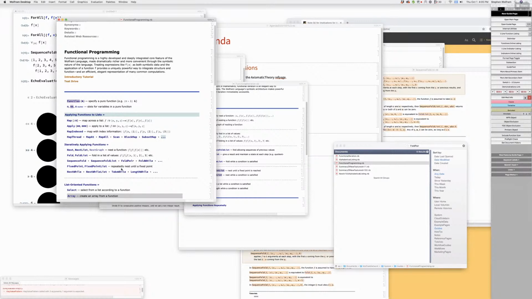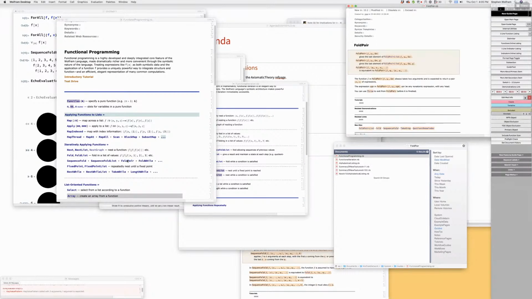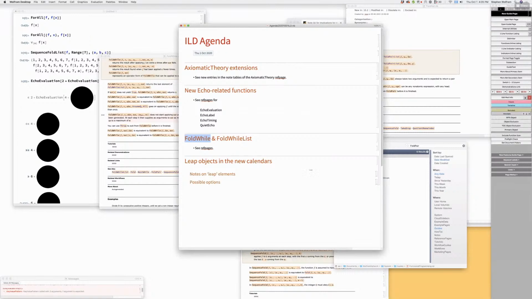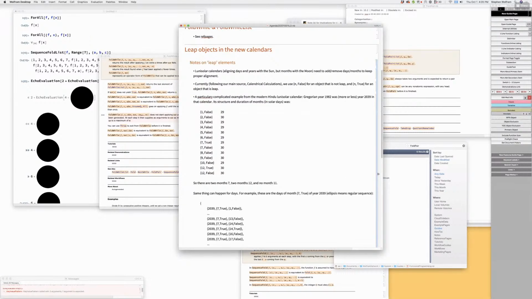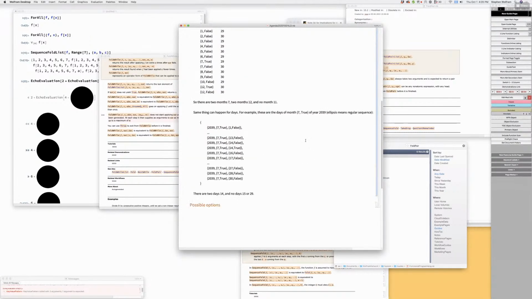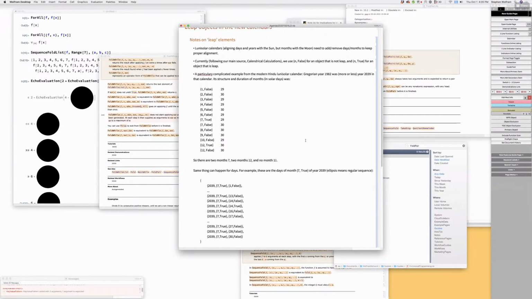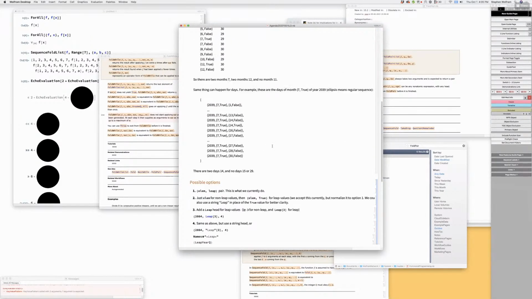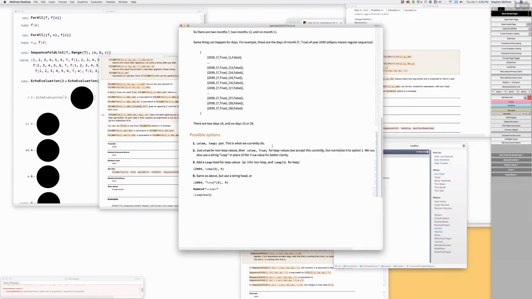Okay. Now, can somebody else knit these? Could you knit them onto the back knitting places where they need to do back knitting? Okay, so that we just have a chance to look at that last agenda item. Right. Oh boy, is this horrifying? Well, we started a discussion of how to represent leap days, and we have asked some people from India and China how they do things, and so these are the options that we see as most reasonable.